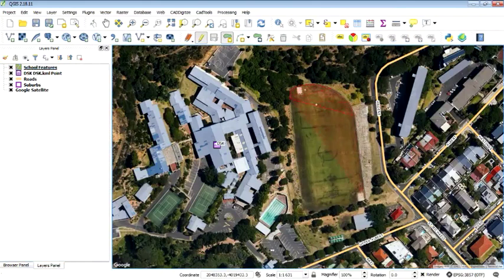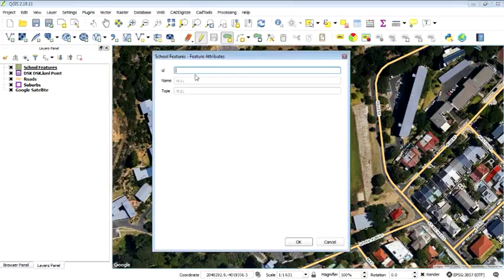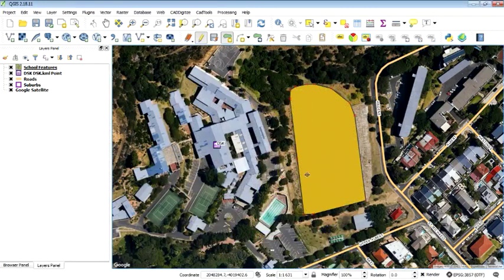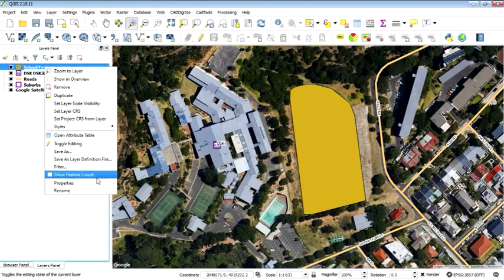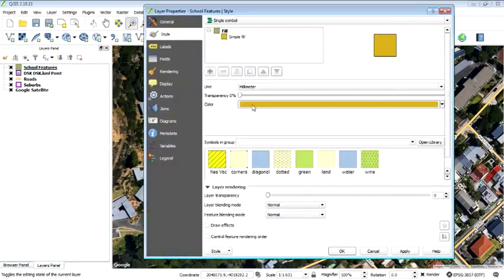This is why I prefer to use a mouse when I do GIS as opposed to a keypad on a laptop. And the ID is 0, the name is field, and type is sport, let's say. I mean, these are just examples, really. Okay, so there's our new feature added. We're still in an editing session, so we just save that, and we say stop editing, and then you can likewise start querying and editing this